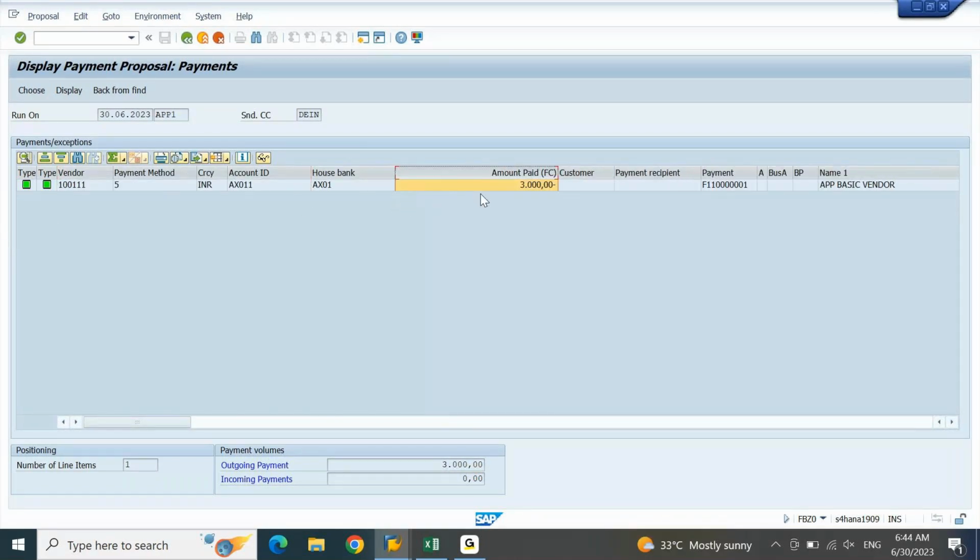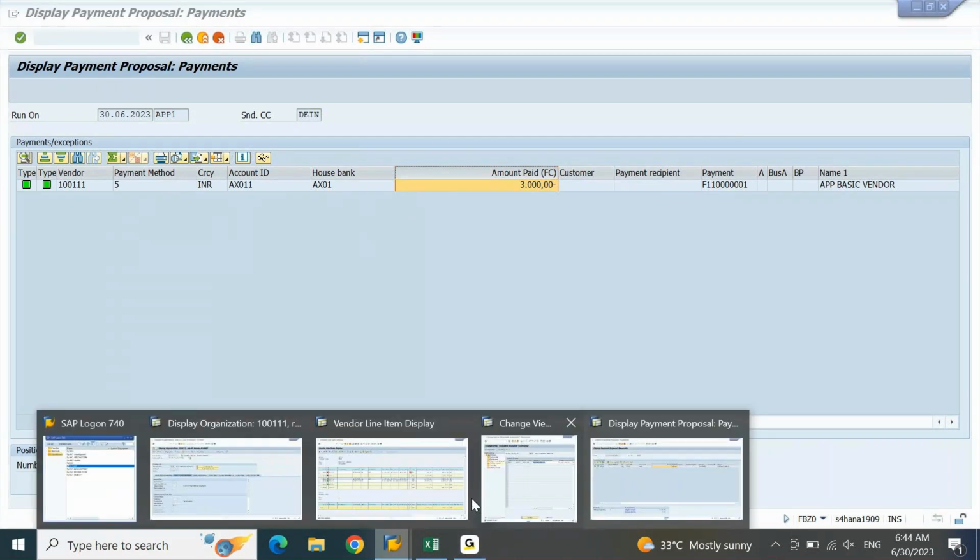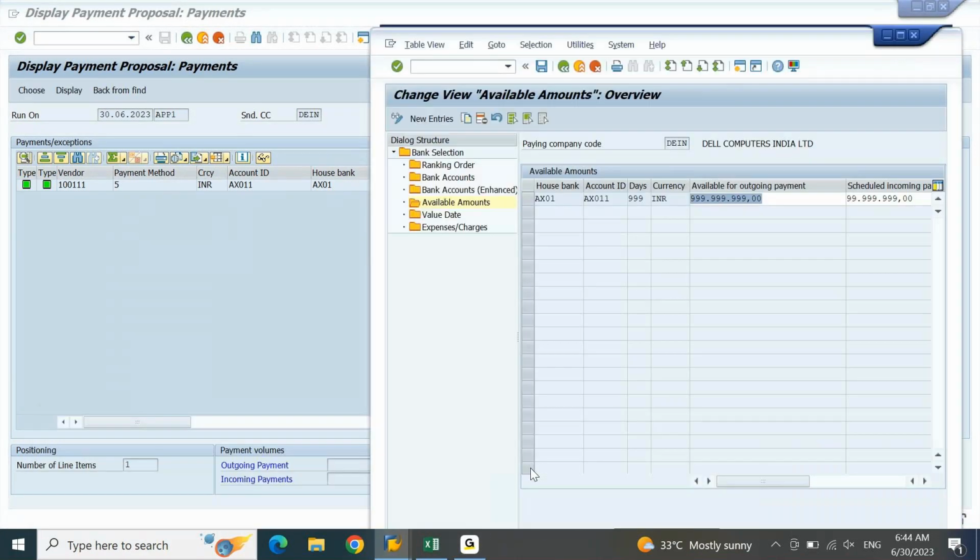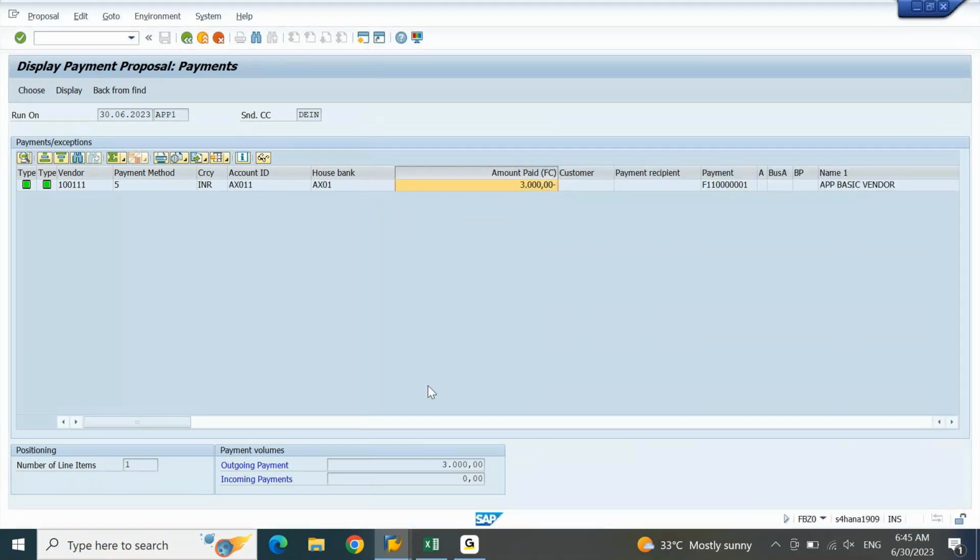Your transaction value is 3000. System is going to check the available amount. It will check whether this bank account contains available amount 5000 to initiate this payment or not. If the available amount here, whatever you updated, is more than your payment amount as per the system, which is 3000,